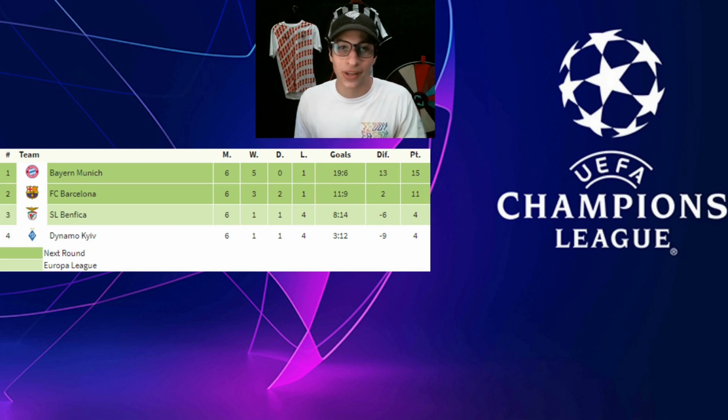Although Barcelona could potentially collapse, I do have a feeling that they will do really, really well in the group stage here. They have been getting results in La Liga. They are still a talented group. Memphis Depay is playing out of his mind in world football right now. Frenkie de Jong is one of the best young midfielders in the entire game. And they are just a team that I think is poised to make a really decent run in the UCL,